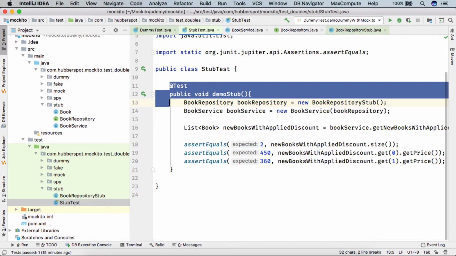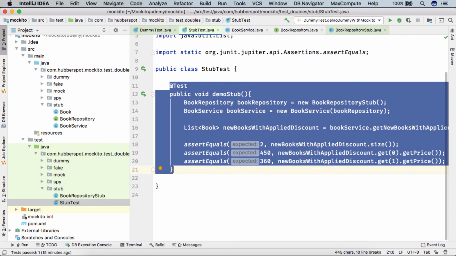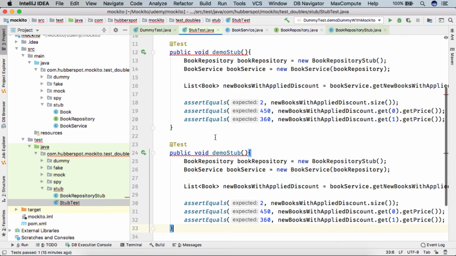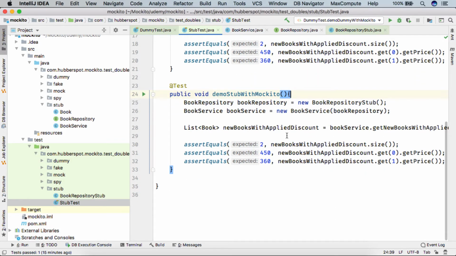So here I will simply copy this test method. We'll give it a name, demo stub with Mockito. Also friends, we don't want this book repository stub now. So what we'll do, we'll use the Mockito framework to create the stub test double for our book repository.